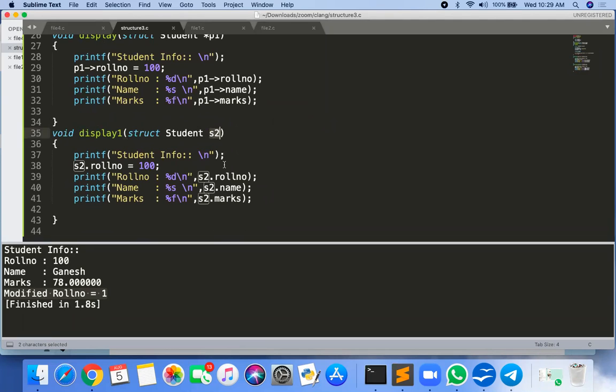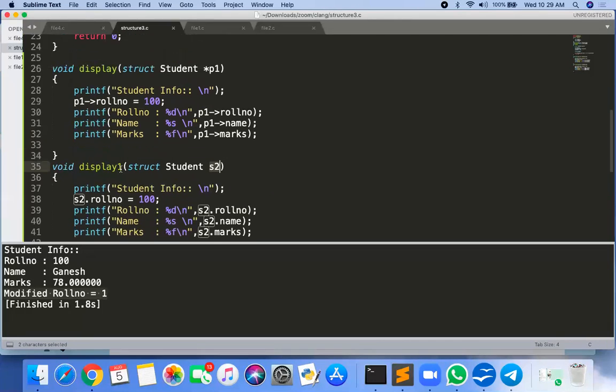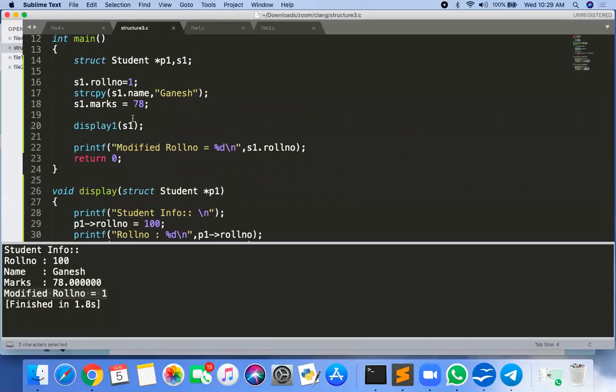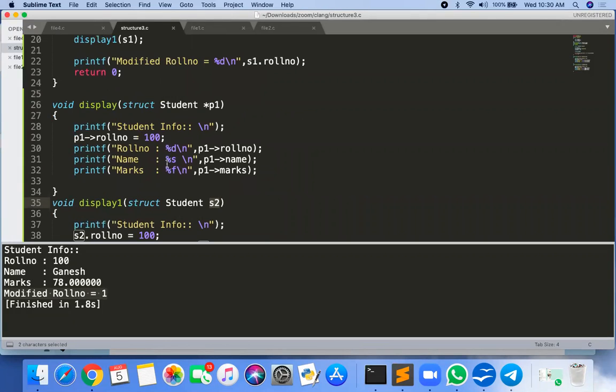Copy means you are only passing values there. So S1 and S2 are not the same object, but both values are the same. If you change the value of S2, it doesn't affect the value of S1. Getting?